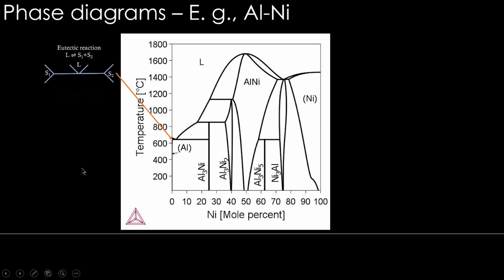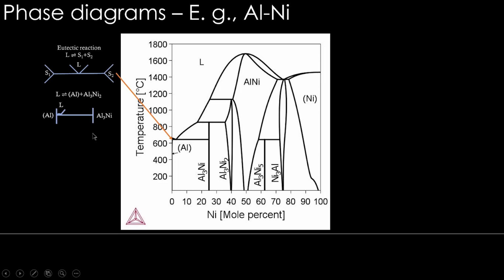It is slightly skewed. It may look like this: liquid giving aluminum solid solution and Al3Ni2. So this V here is going to look like this. So this is a slightly skewed V, right? This is where the liquid phase will be, and on one side we have solid 1, which will be aluminum solid solution. It barely has any solubility to nickel, so it's not going to have a small range like a V kind of thing here. It's going to look like a straight line in a typical phase diagram. And on the other side we are going to have a solid 2, which is going to be a line compound Al3Ni. So it's also going to look like a straight line.